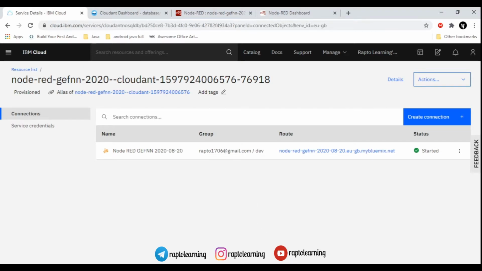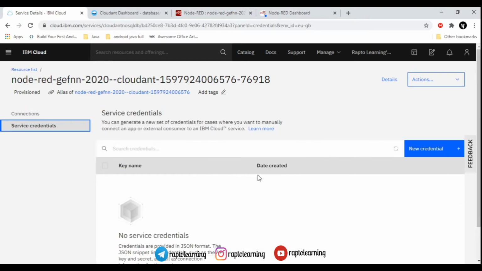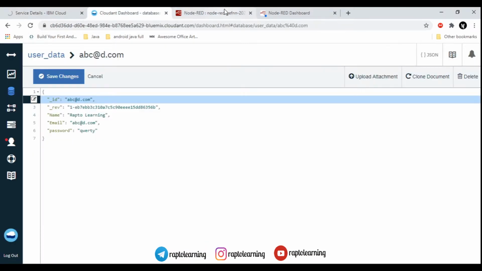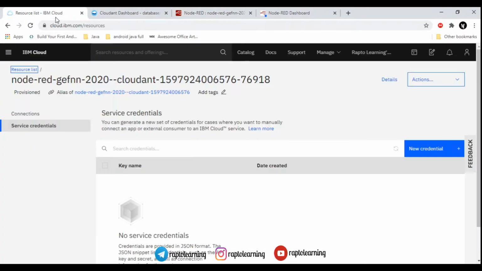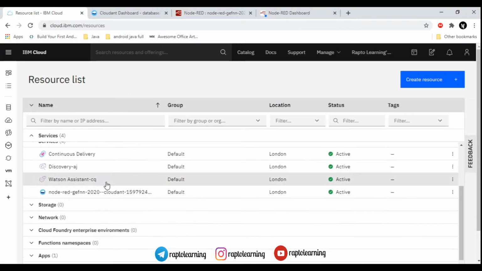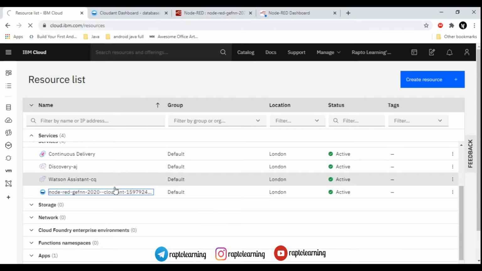So this is the connection and this will be your email id and root. Whenever you face any difficulties, just log in through this root, right? If it also doesn't work, then please make sure to restart the cloud end, or in the worst case please delete the cloud end and reinstall it again. When you click on the service credential, this is alias off, and you will get these resource credentials, right? I will show you how to get your login id and password.